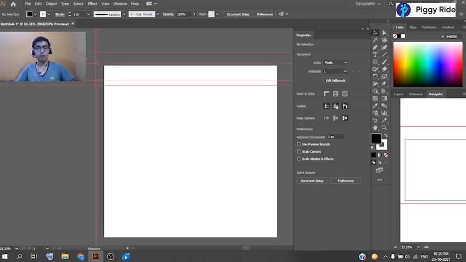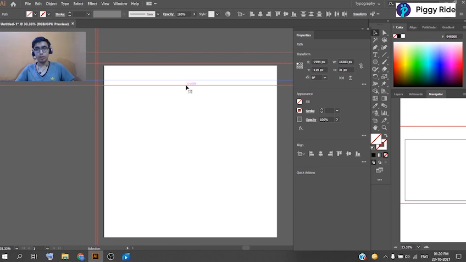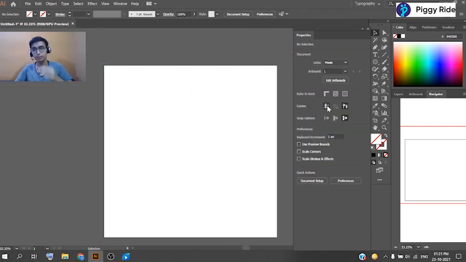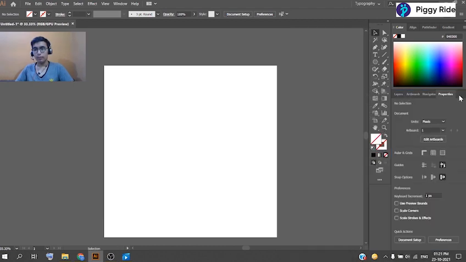It will show our guides, or we can also hide our guides. With that we can lock our guides also, or if we unlock them, we can delete them. Okay, with that we have snap options, which are somewhat advanced, so we will not be discussing them in this session. With that we have some preferences or document setup options that I have shown you earlier in the video. Okay, so for example, we have enabled our properties panel.